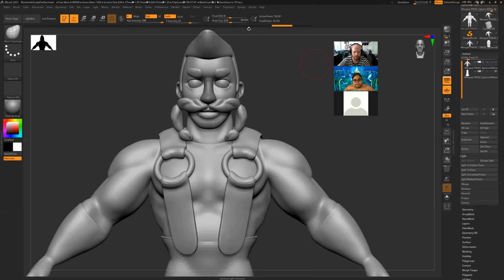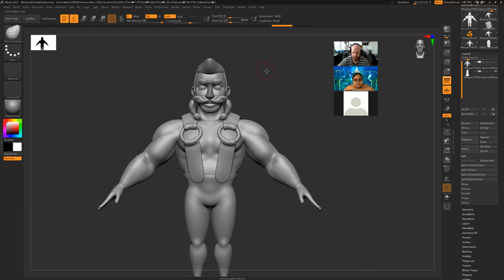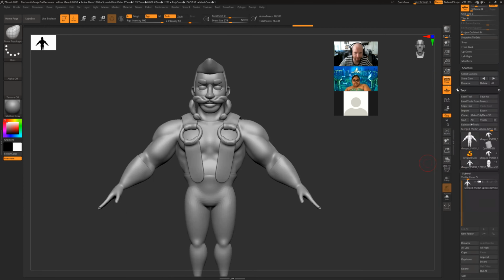So I'm going to Control Z that. I'm going to stick with this total points at 78K right there. And I'm just going to merge those subtools that I had. You can follow the same thing that I was showing Anne before, but I'm just going to merge down. So I have everything in one subtool. You can still do that merge visible and then click on that in the tool palette,